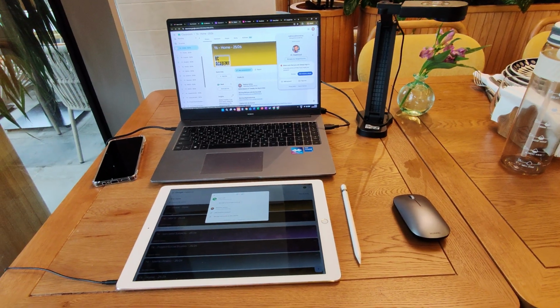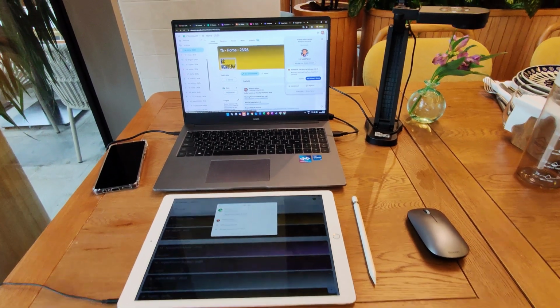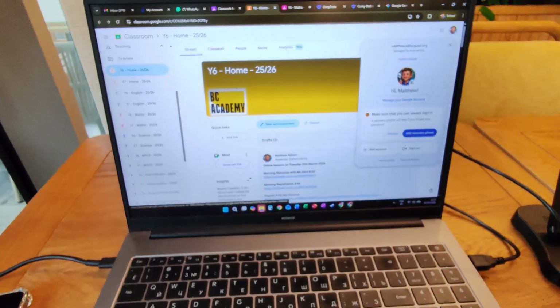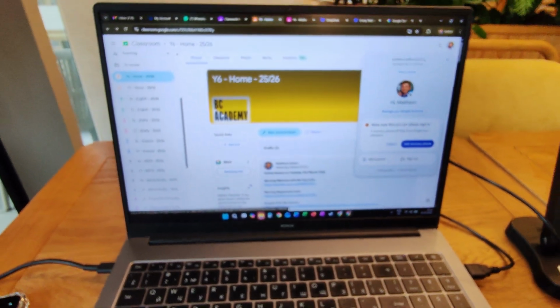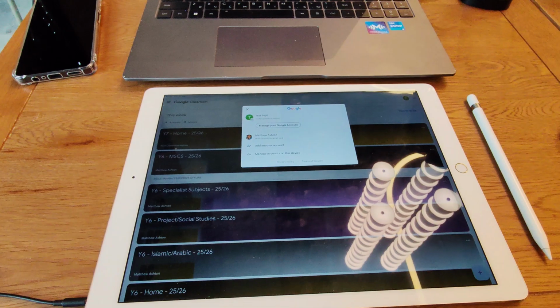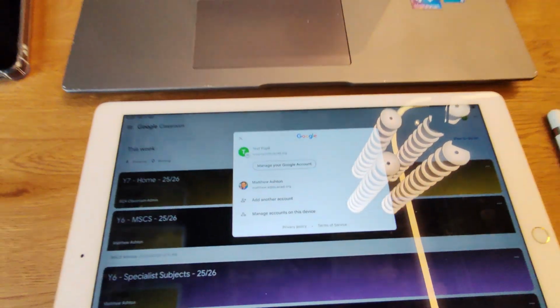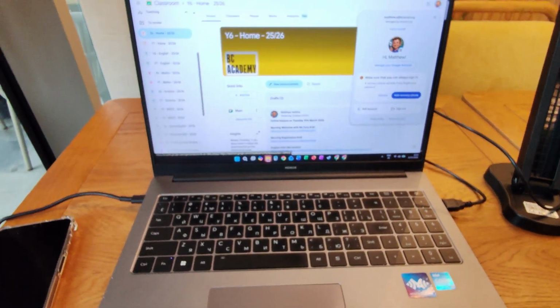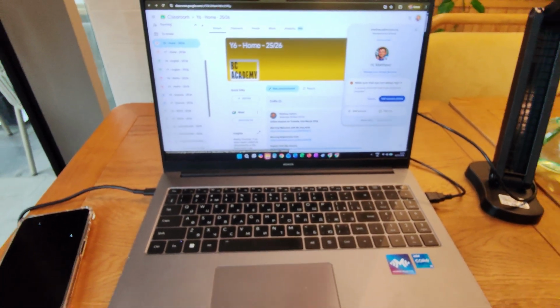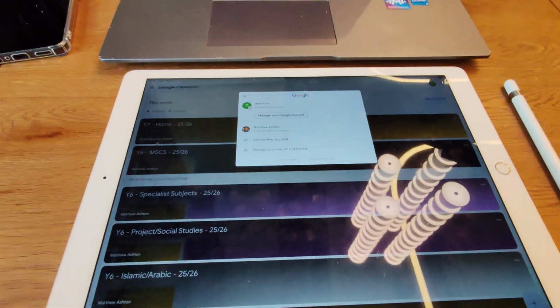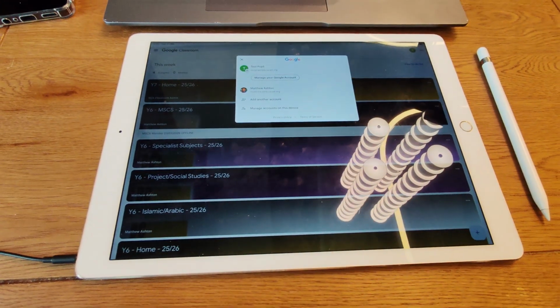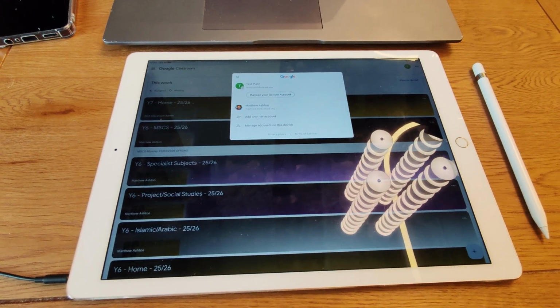This is my setup for delivering online lessons. The main computer is what I host the meetings from. The iPad is logged in as a test pupil. This is a pupil account, and that test pupil is a member of all the classrooms that I use to teach. So, what I can use the iPad for is to show, first of all, what the pupils see, and